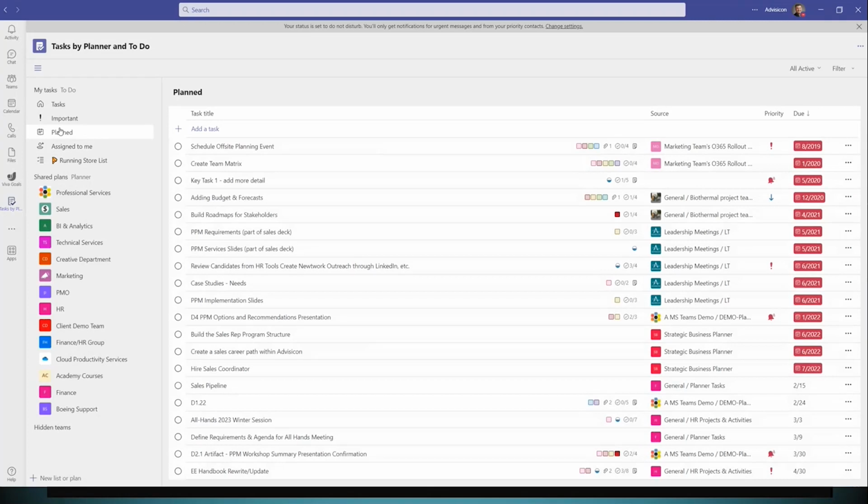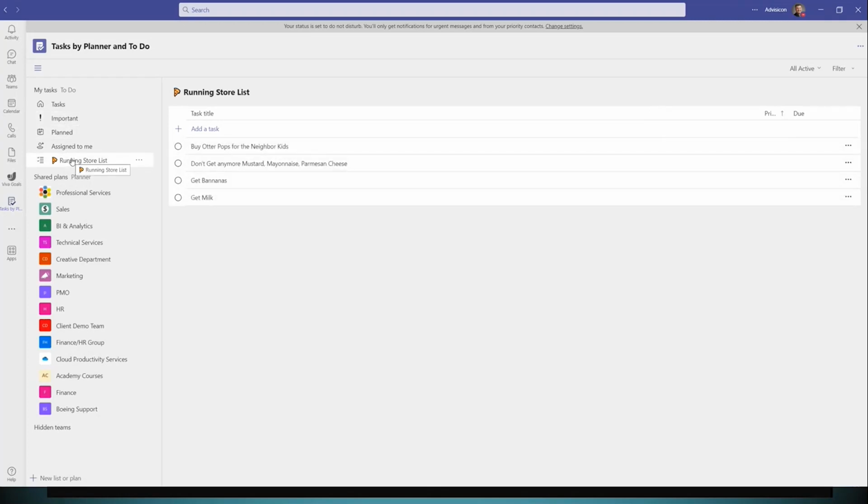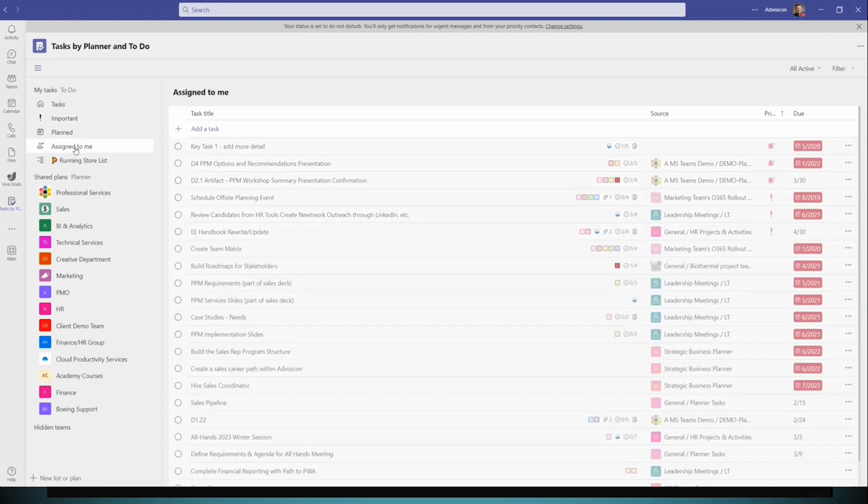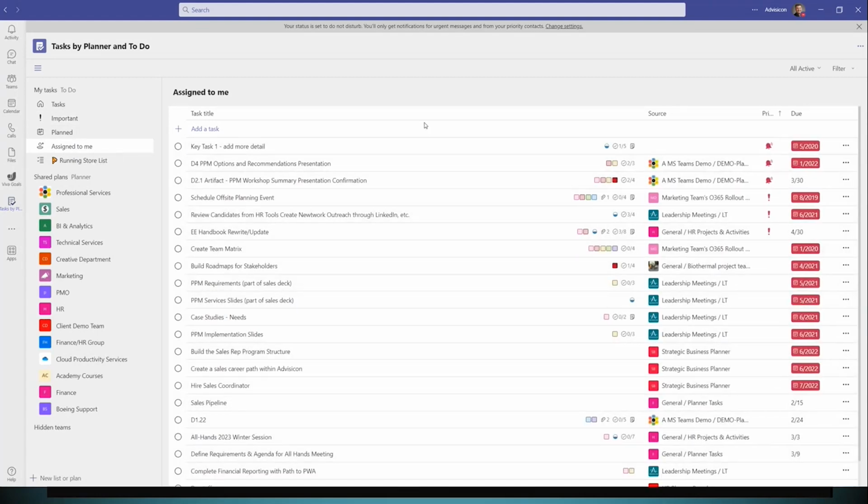Or perhaps maybe I plan some of my activities, or maybe I'm using To Do and I've got a running to the store list. You can actually look at the organization of tasks, including coming from different places, and find out what's important, what's been flagged, what came from your email, or what's even been assigned to you in one place. And what's great about that is I jump in here,